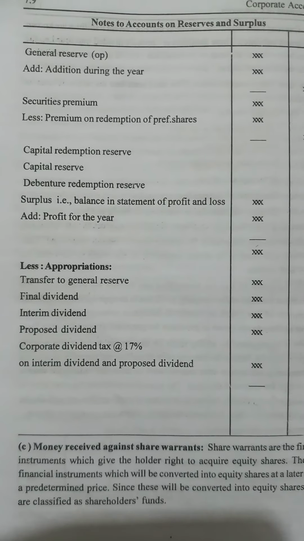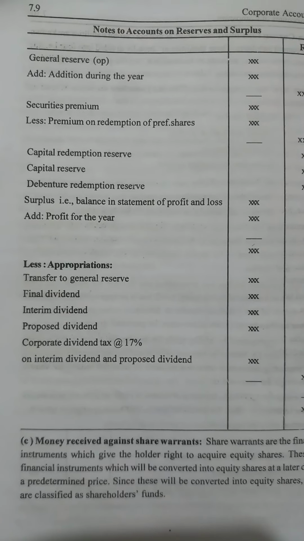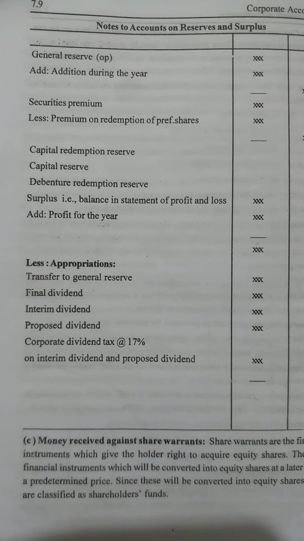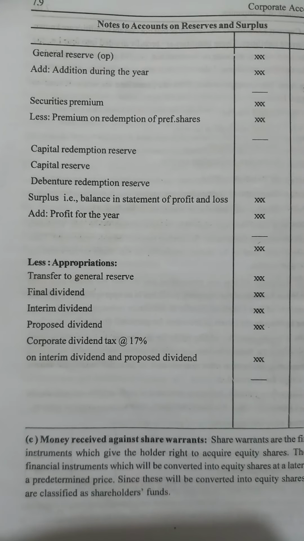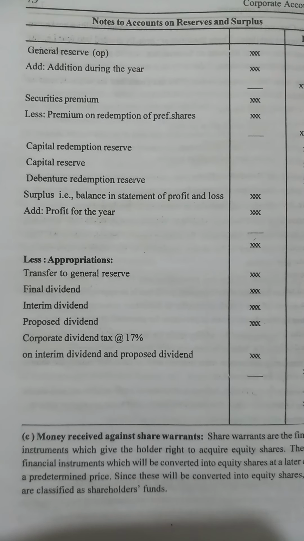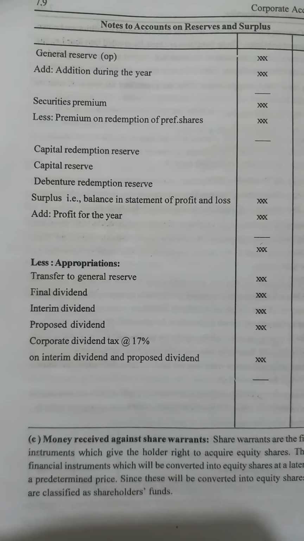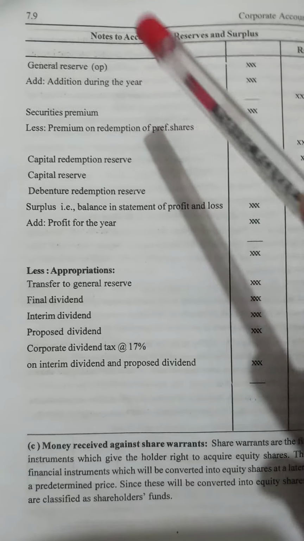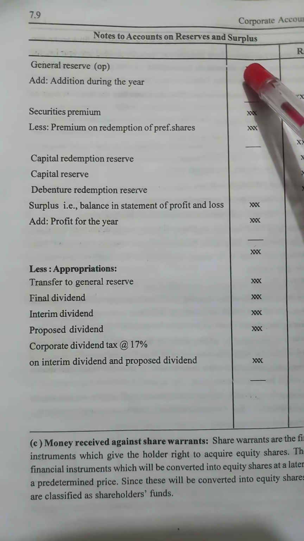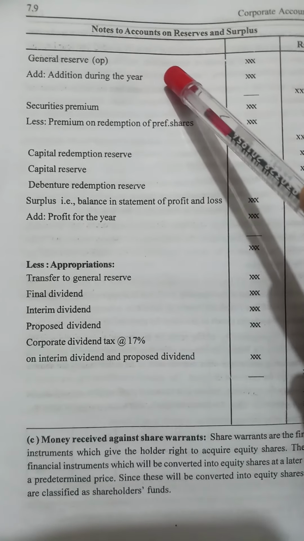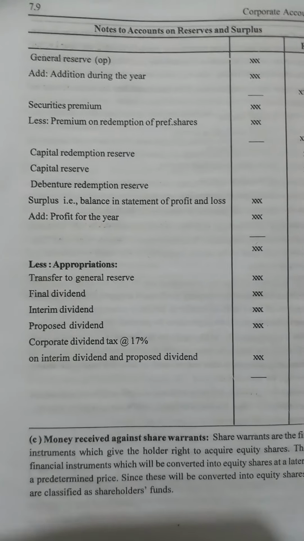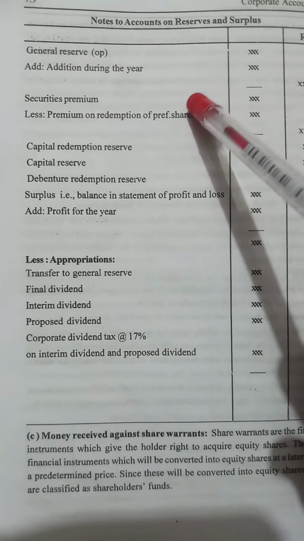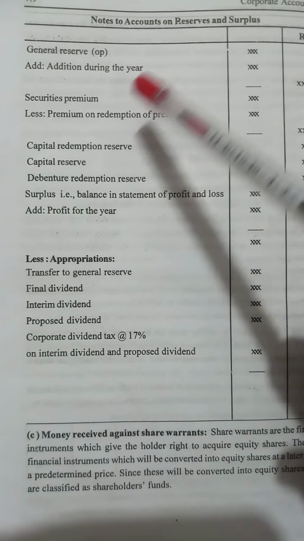First of all, reserve means the amount that will be spent in future for the purpose of future expenses. So every time the company will take some portion from the profit for future expenses. So that term we call general reserve. So general reserve would be the first heading. In that general reserve we have to add the general reserve for the year. So every year it will be taken. This year we have to take from the profit and loss account,